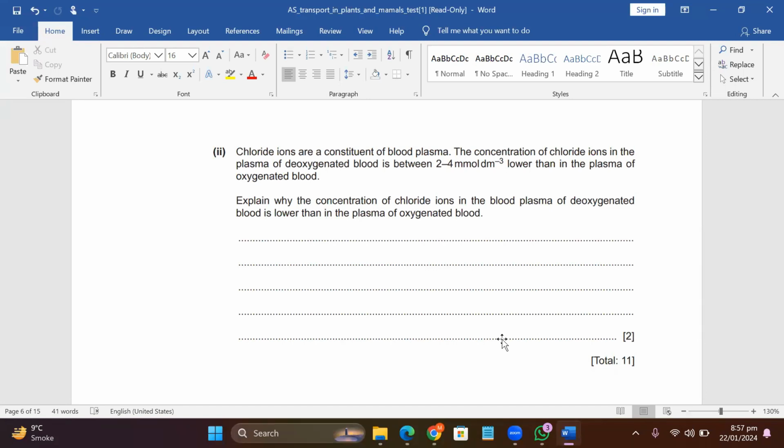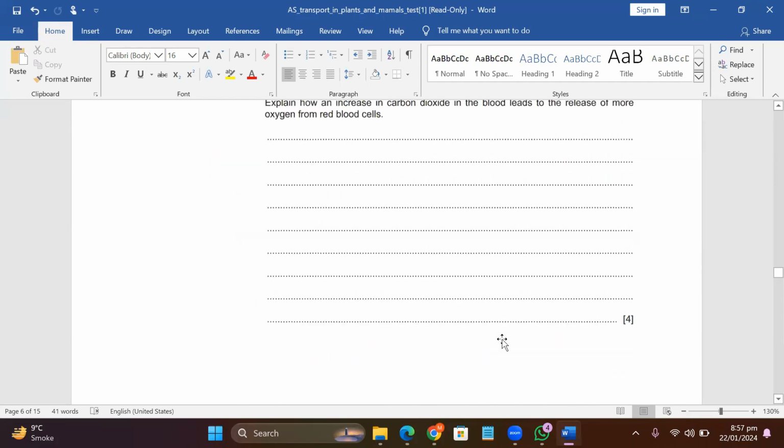जी मेरा बच्चा, क्यों नहीं। क्लोराइड आयंस आर कॉन्स्टिट्यूएंट ऑफ ब्लड प्लाज्मा। आपको पता है ब्लड प्लाज्मा में सोडियम आयंस भी होते हैं, क्लोराइड आयंस भी होते हैं। The concentration of chloride ions in the plasma of deoxygenated blood is between 2 to 4 millimolar per decimeter cubed, that is lower than the plasma of the oxygenated blood. ठीक है, क्यों वो कह रहा है कम होते हैं? प्लाज्मा डीऑक्सीनेटेड ब्लड कहाँ होता है? जहां पर रिस्पायरिंग टिश्यूज होते हैं। जहां रिस्पायरिंग टिश्यूज होते हैं वहां पर ये रिएक्शन हो रहा होता है।